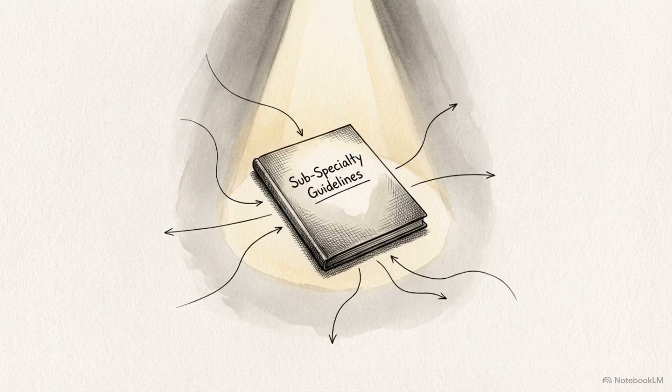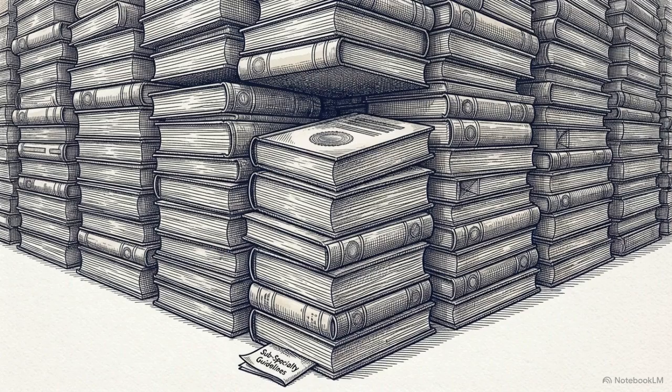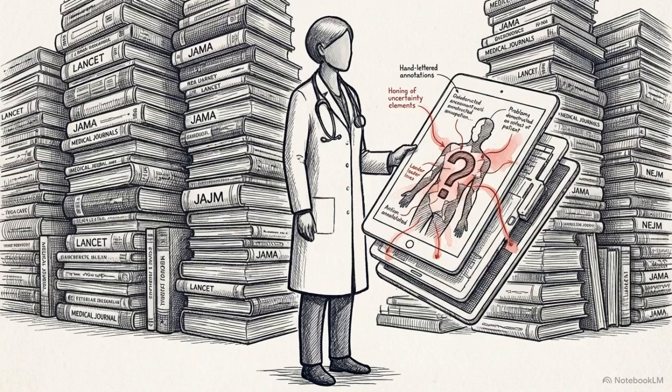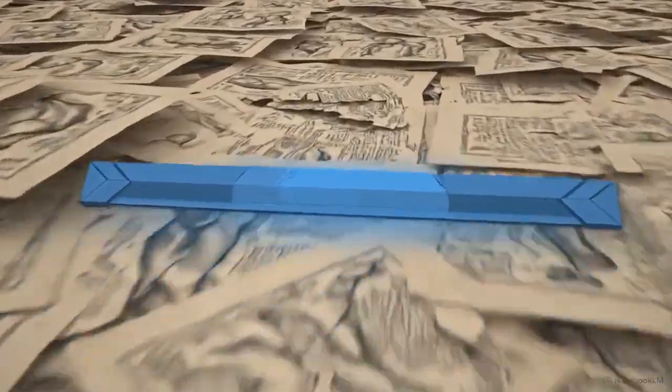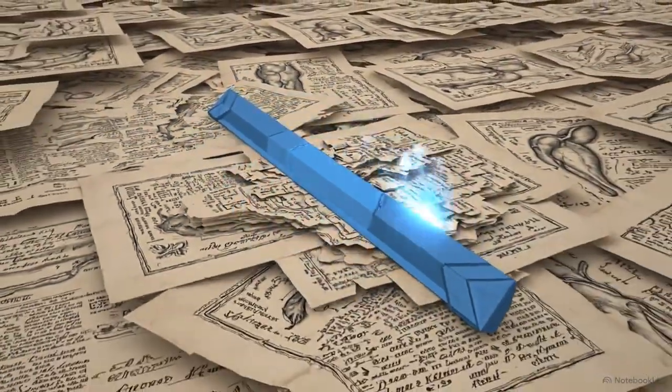For a clinician, the danger is that niche guidelines or subspecialty research published in mid-tier journals might be buried by the algorithm in favor of more prestigious publications. Having access to the most famous journals does not always result in the most relevant answer for a specific, rare patient presentation. For the millions of medical papers where the AI lacks full text access, it relies on scraping 300-word abstracts. This creates abstract bias.